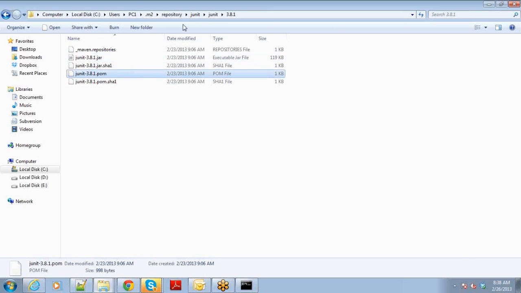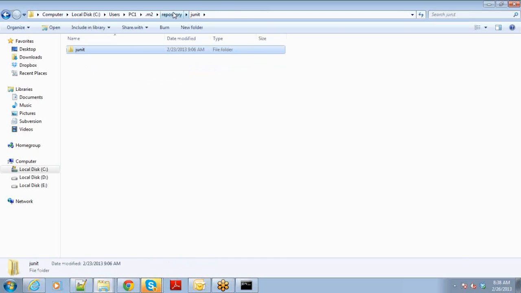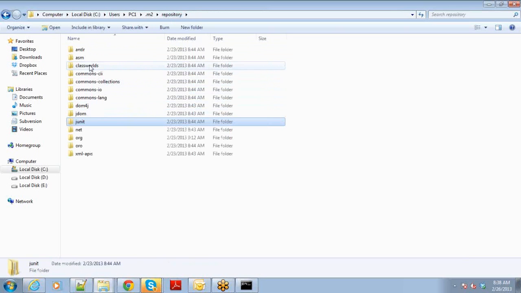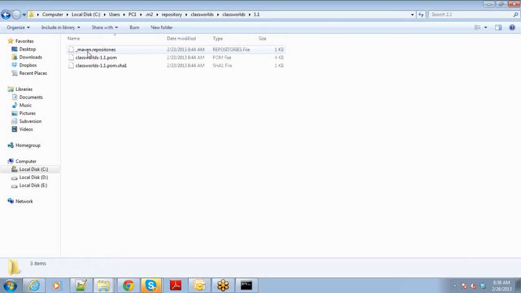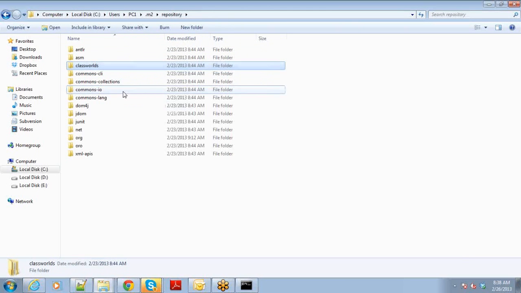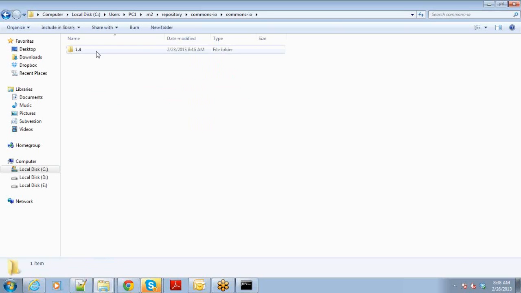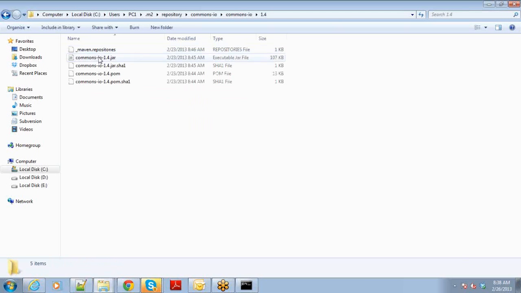That is how any jar file or any war file in Maven will be referred to. It will be referred to with classworlds as the group ID, classworlds as the artifact ID, 1.1 as the version. Inside that you will have the binaries. Similarly, commons-io is the group ID, commons-io is the artifact ID, 1.4 is the version. In that you will have the actual jar file available. So Maven recognizes any jar file by